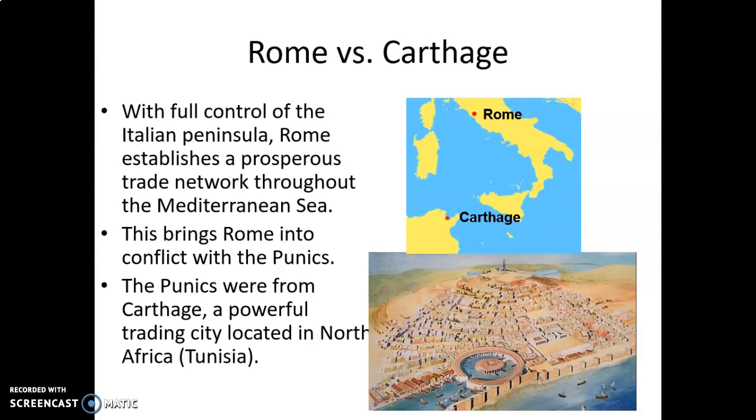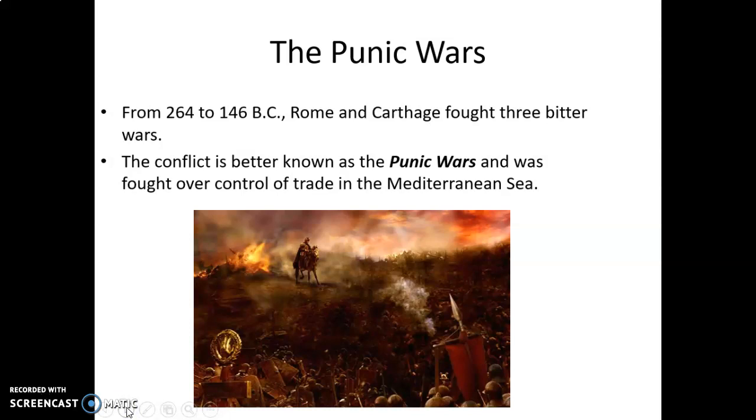The Punics were from Carthage, a powerful trading city in northern Africa, in what is Tunisia today. A lot larger than Rome, and their empire was the empire of the day. So, the Punic Wars last from 264 BC to 146 BC. Rome and Carthage fight three bitter wars. The conflicts are better known as the Punic Wars and were fought over control of trade throughout the Mediterranean Sea,